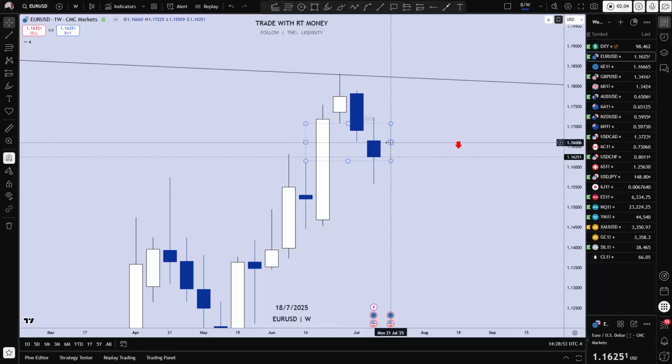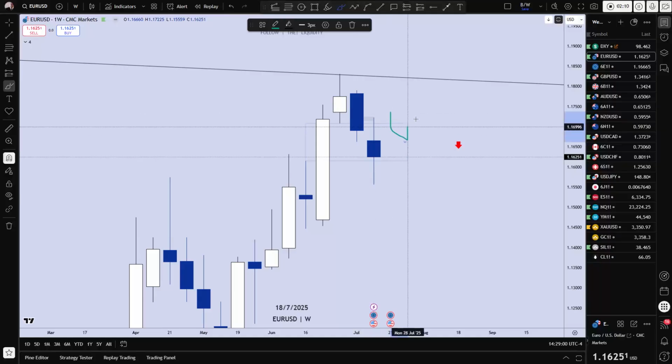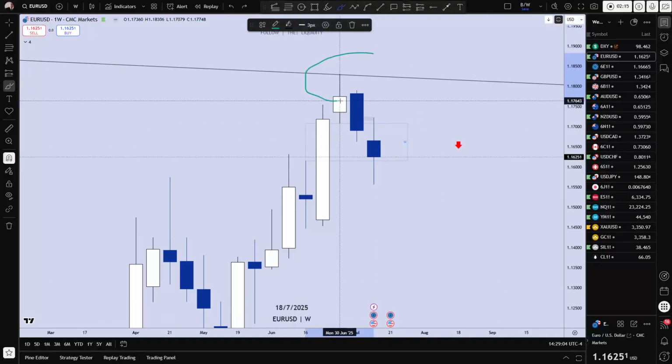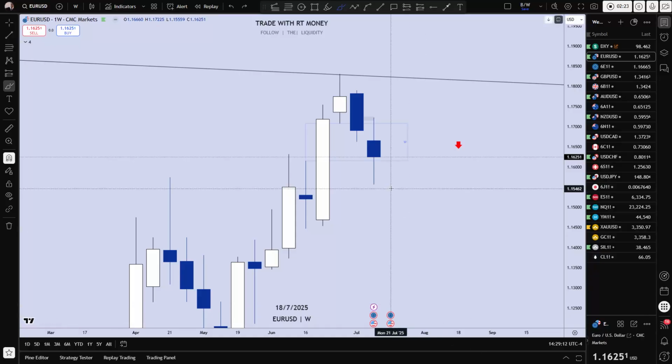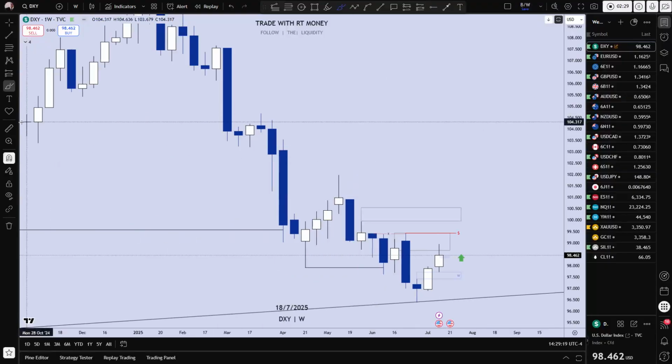You can see I pointed out this bullish fair value gap. I said price could use this to go higher, and we'll see how it reacts once it reaches the resistance side of the channel. But I was thinking it was going to come down because of the U.S. dollar index. If we take a quick peek at the U.S. dollar index, we can see